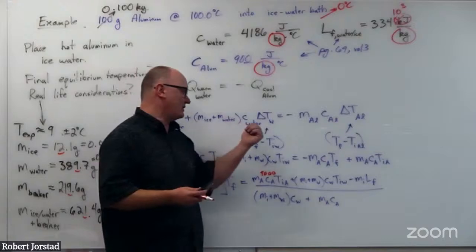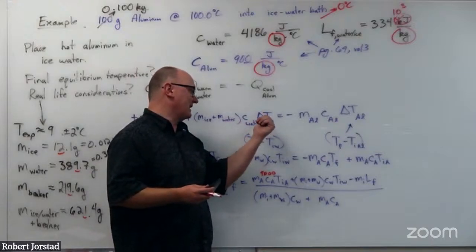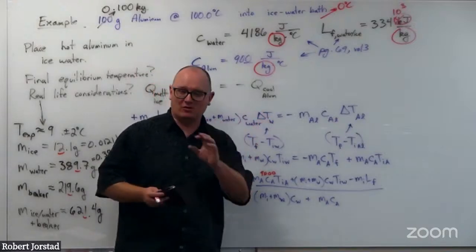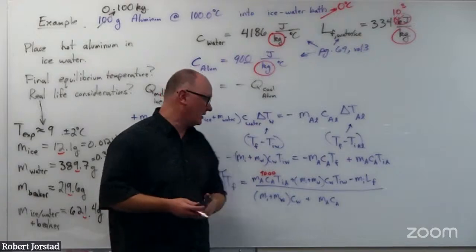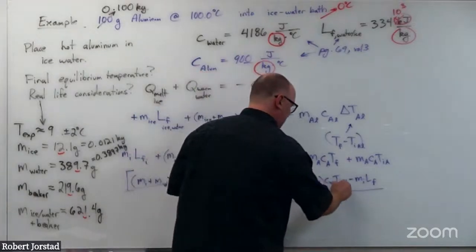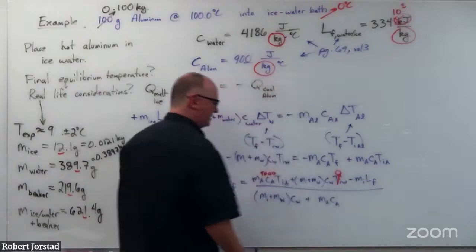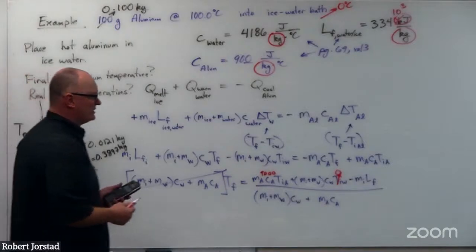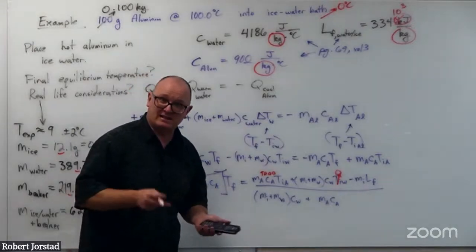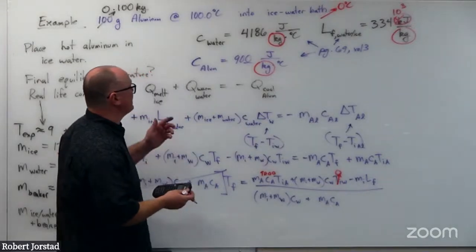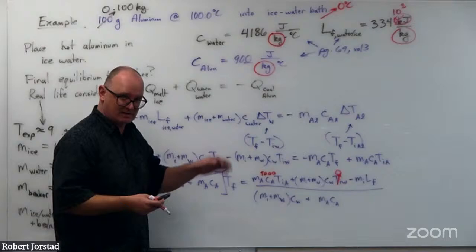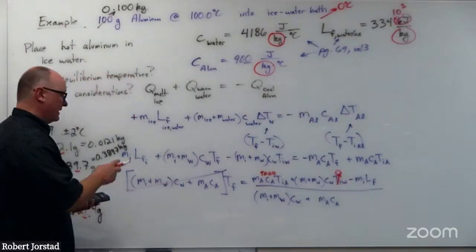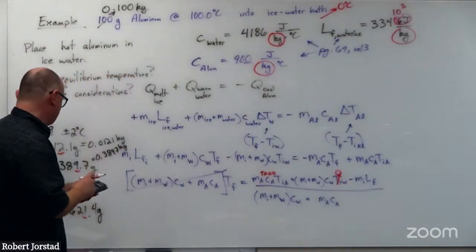Because these equations were originally defined as delta T's, it's okay to use Celsius everywhere, which means this one drops out. That's pretty cool. Okay, mass of the ice, right? So normally if you're using temperature like PV equals nRT, you have to use kelvins, but because this came from Q equals mc delta T, we can use Celsius everywhere. All right, so what's that last term? M ice